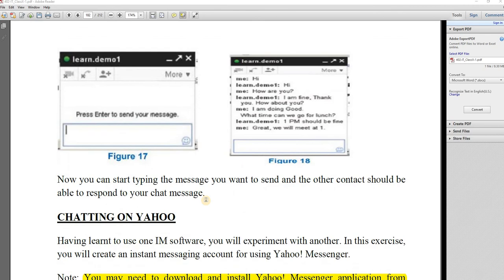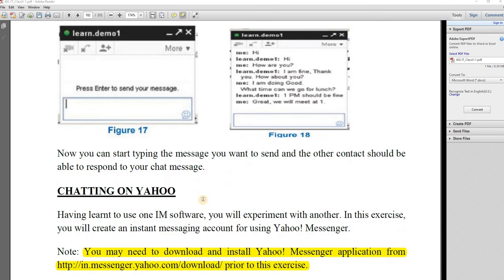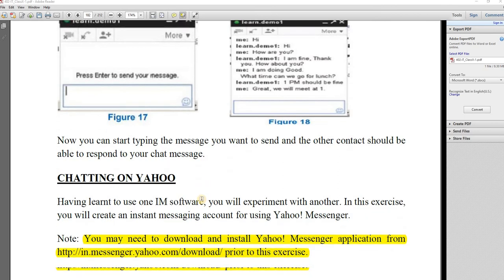Chatting on Yahoo, like we can do the chatting on Gmail, the same way you can chat on Yahoo. But yes, to chat on Gmail you must require a Gmail account. Similarly, on chatting on Yahoo, you should have your Yahoo mail account. You can't do that कि आपके Gmail account है, आप Yahoo Messenger को use कर लें, या Yahoo का account है और Gmail Messenger use कर लें. That you cannot do. जो आप platform use कर रहे हैं उसी का ID आपके पास होना चाहिए.